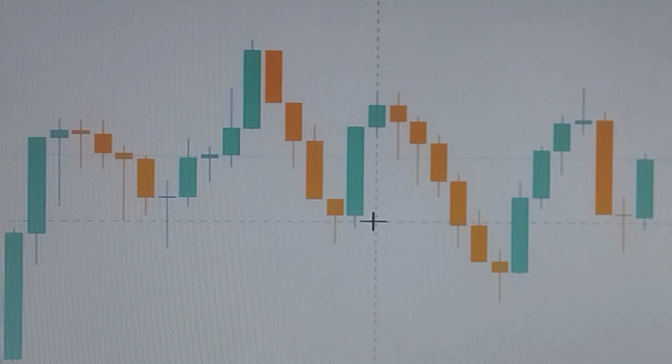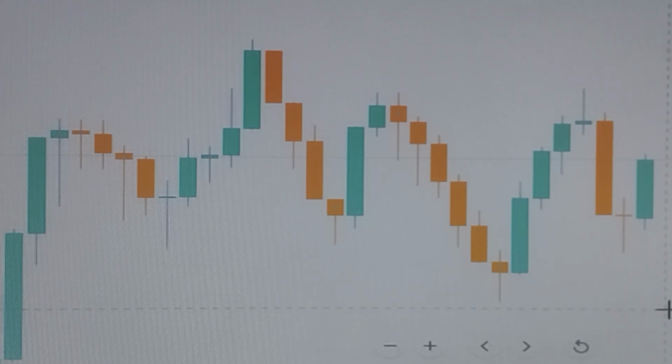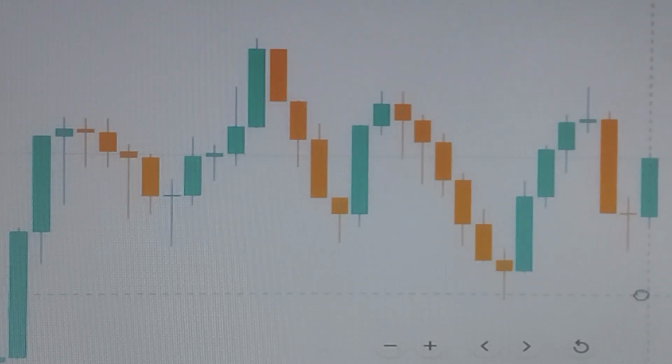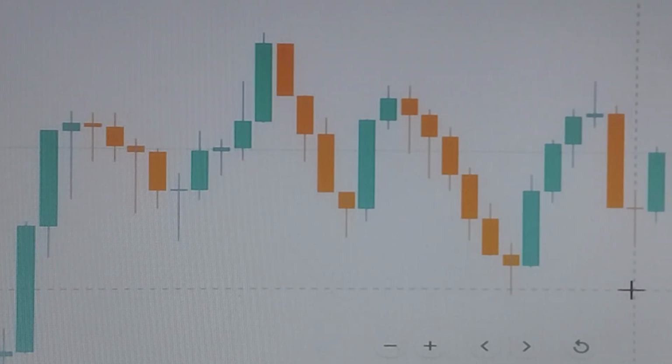I know that we've been speaking about some liquidities and some fair value gaps, but these are internal efficiencies that the market will always want to look at each time when you buy or you sell. You have to understand that